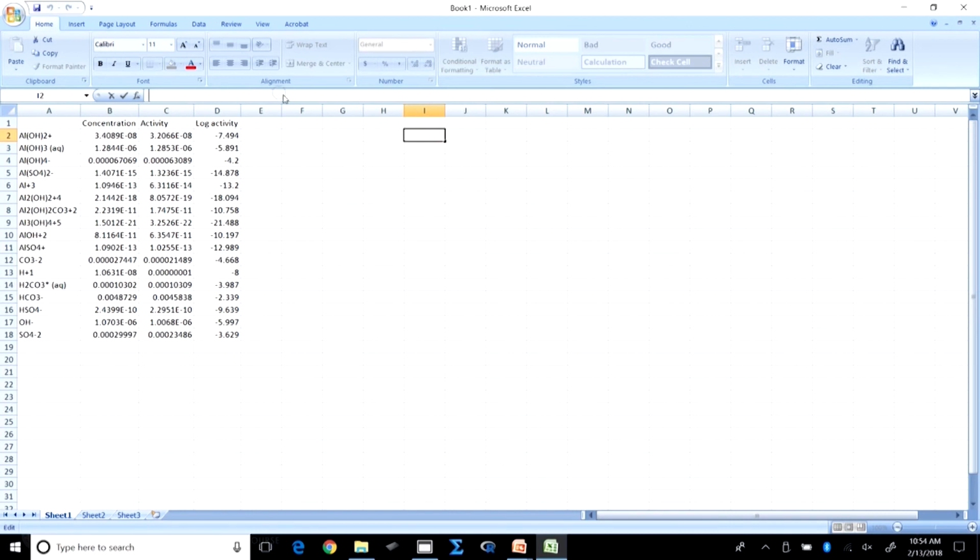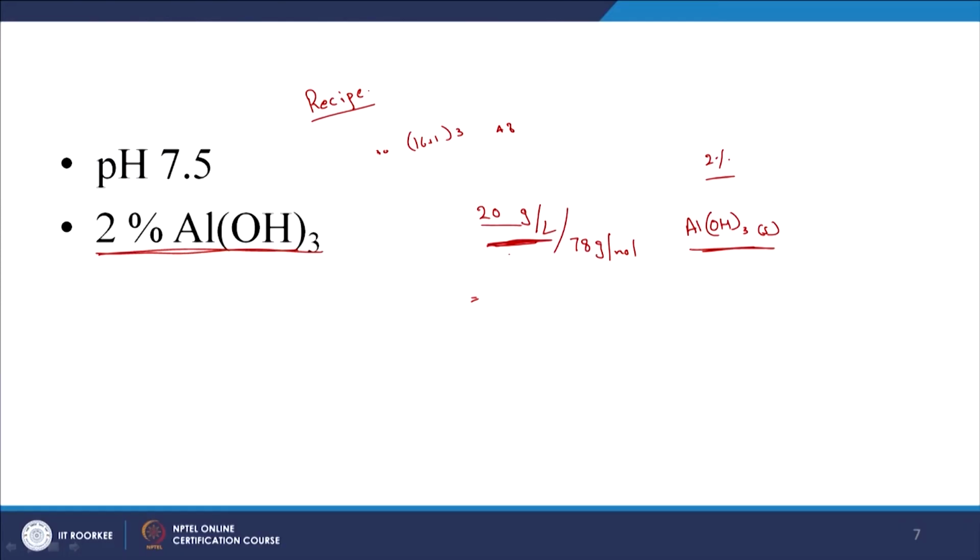20 divided by 78. Enter. So it's 0.256 moles. So the solution is 0.256 moles, right. So obviously Al total is going to be equal to the initial 1 times Al(OH)3 that I am plugging in,